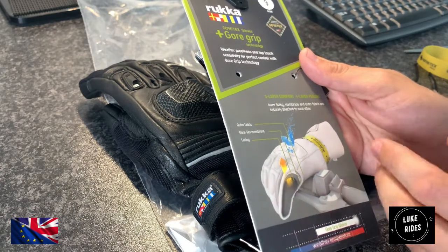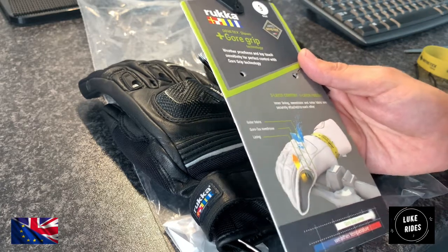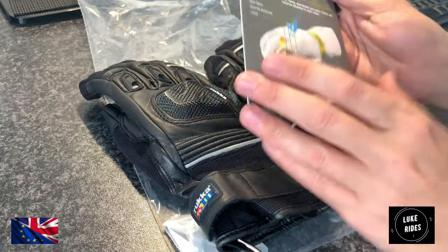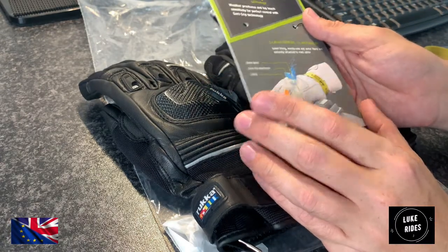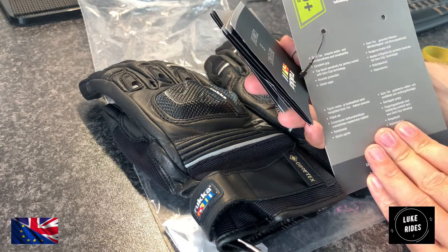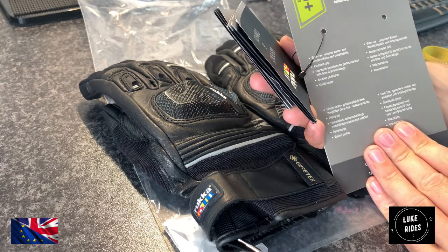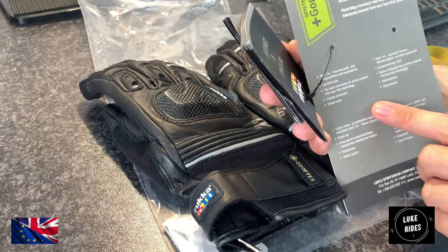So you get those layers, but you still have that quick tactile, quick responsiveness, quick feel from your elite Rukka Kalio, which is very cool indeed. When you turn over the packaging, there's more stuff about weatherproofness and top-notch sensitivity for perfect control with Gore-Grip technology, and then the rest of it in various other European